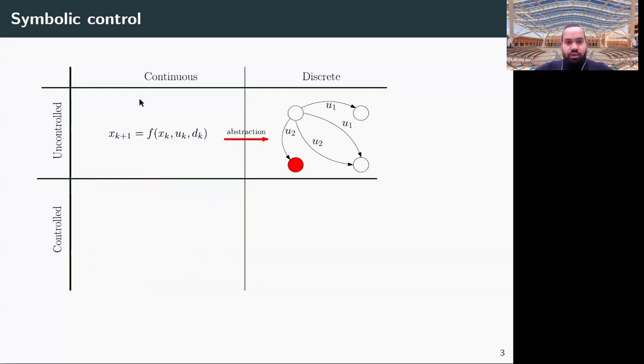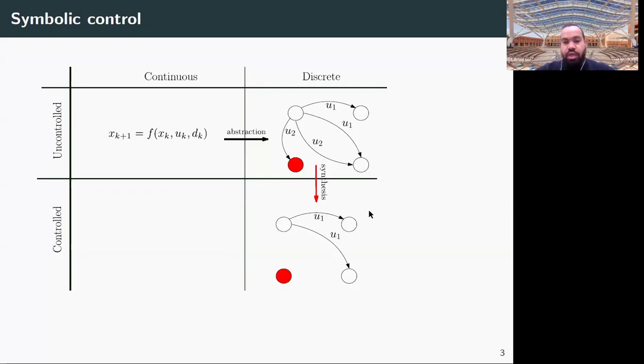But for symbolic control, the first step is that we calculate an abstraction of our dynamical system. So we go from continuous to discrete. And to do that, we discretize the state space and the input space. And then we define a notion of discrete transition system. So from this, we construct a big automaton. And from this big automaton, we borrow techniques from formal methods so that we can synthesize a controller for a given